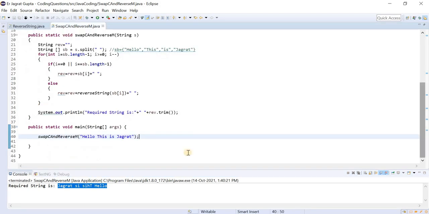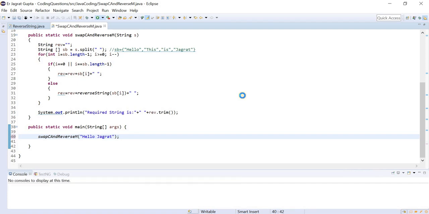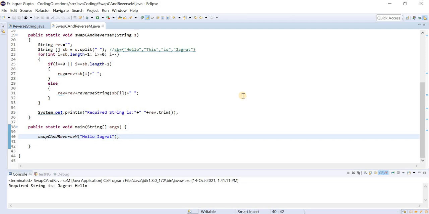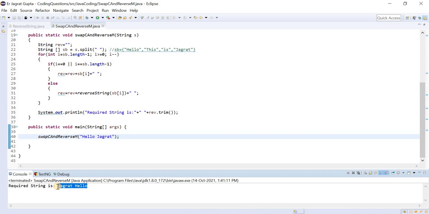Now, as we implemented the complete program, let's run the edge case also. That is, let us suppose we don't have any middle word, will this work fine or not? Okay, so let's run this and let's see whether it is working fine or not. So whenever any interviewer gives any problem, just think of the approach, break it into subproblems and then solve. So you can see this, guys, that we achieved our expected output.